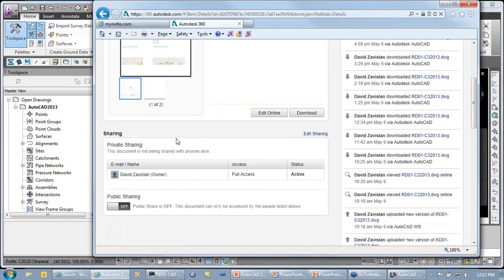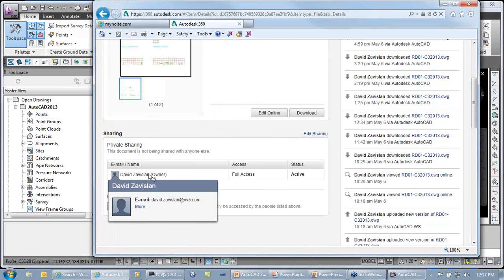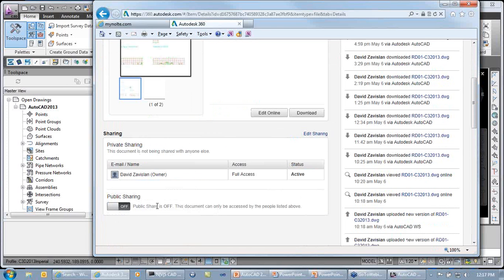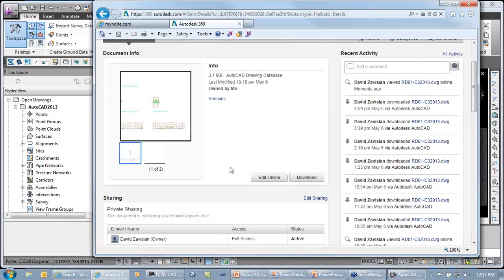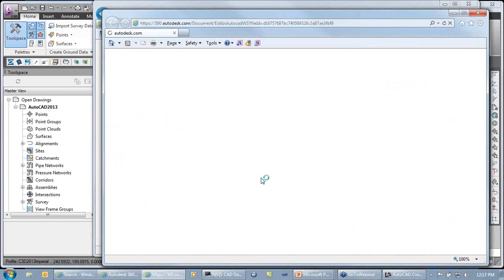Okay. Down here under sharing, right now I'm the only person viewing this one, but I can share this publicly, and there are ways I can invite people to share my file. I'll show a little bit on that in just a bit. I can also take this to another software they have called Autodesk WS, which is their